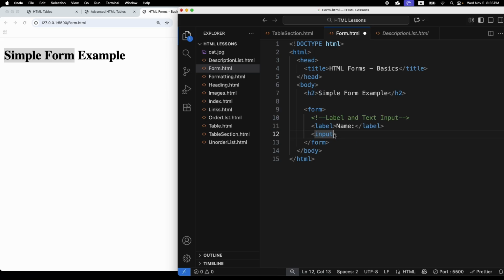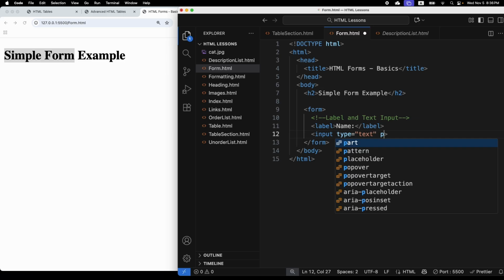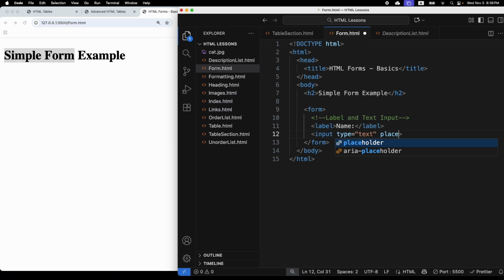So let's write here an attribute for this input. The type of this input must be text, and we are going to add a placeholder attribute as well. Inside the placeholder I'm gonna write enter your name, and